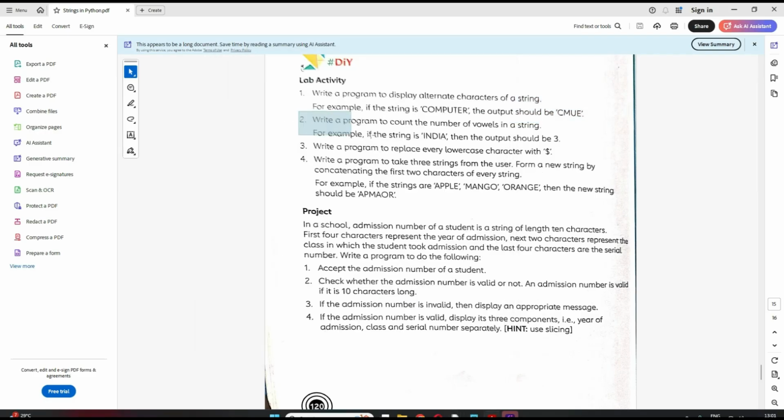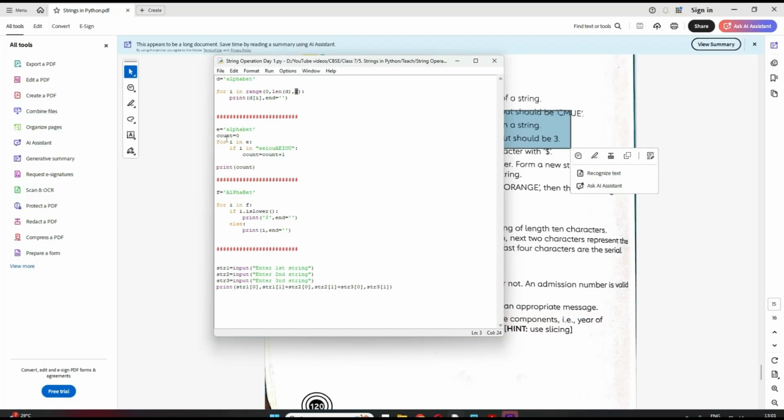Now the second program is write a program to count the number of vowels in a string. Okay, so here in a string I have to traverse one by one, so I can easily take for I in the string. So if my string is this E, we have to count, so you have to take a count variable, right?